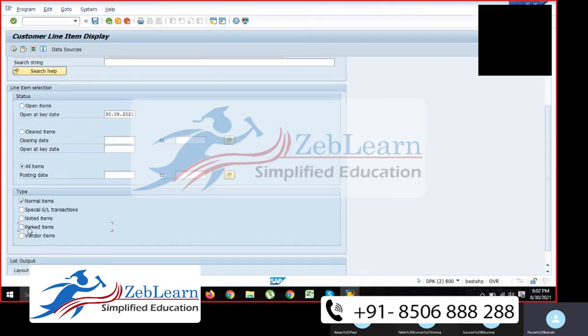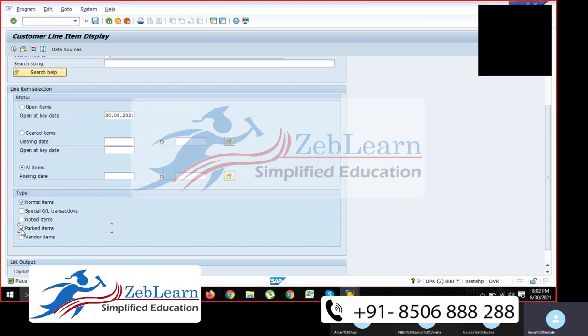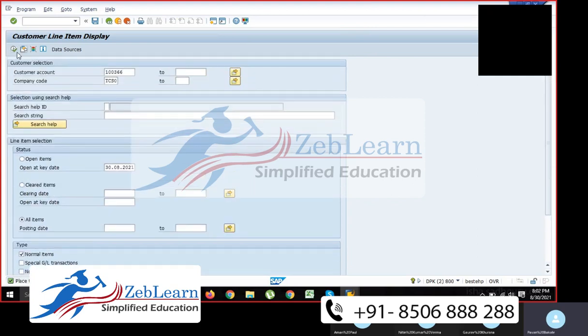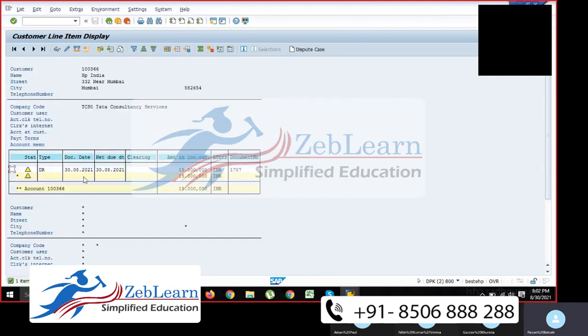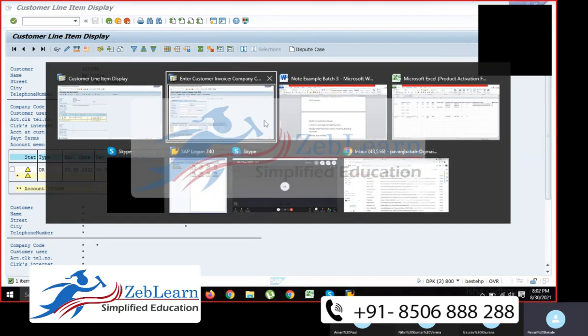Here we should select the parked items also, so it will show the parked items. Now we'll execute it. See here, what is the parked item? 1707. Parked it is. Document type DR is customer invoice. 15,000 is parked. Now I should post this entry.